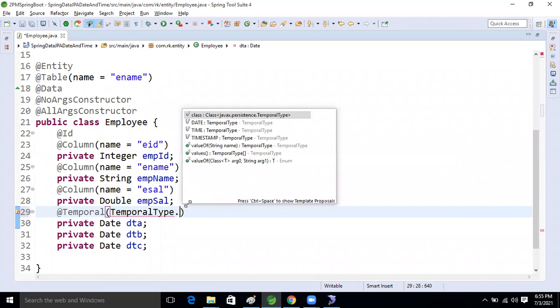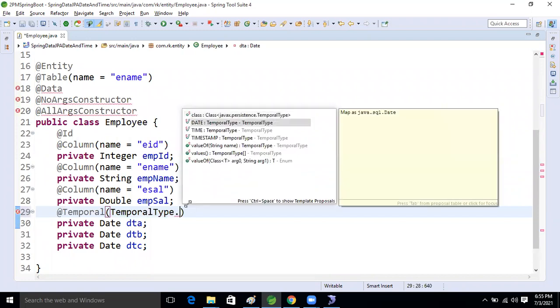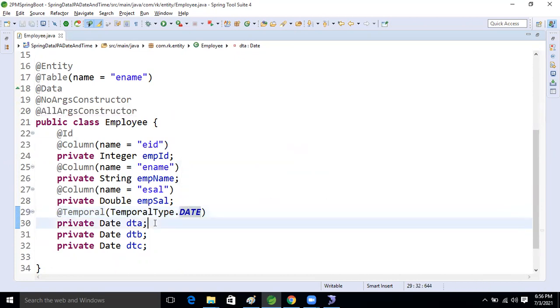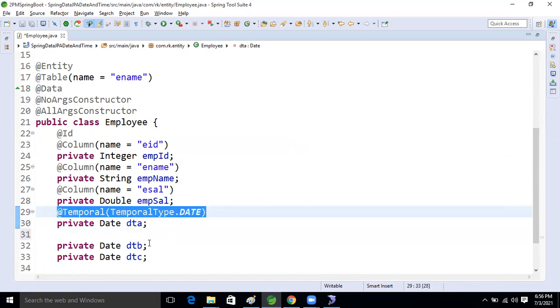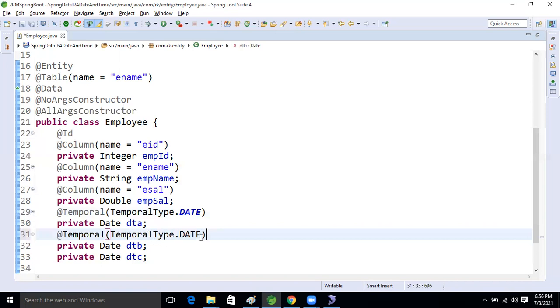See this, how many values are there? Date is there, time is there, timestamp is there. Now I'm taking Date here. Same, I'm copying this one and pasting. Three possible values there, different things I'm going to show to you people.